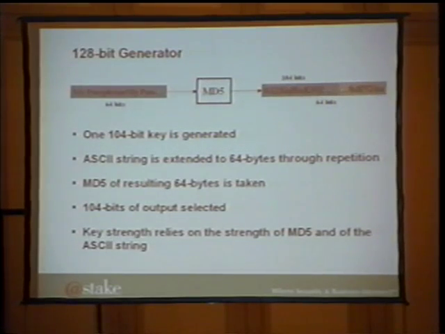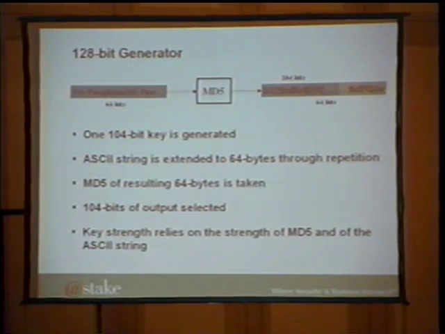So like I mentioned, there's a separate generator for the 128-bit variant. This generator is a bit better. It's based on the MD5 algorithm. The purpose of this generator, of course, was to map an ASCII key to a 104-bit key value to use with the 128-bit variant. This is done in several steps.